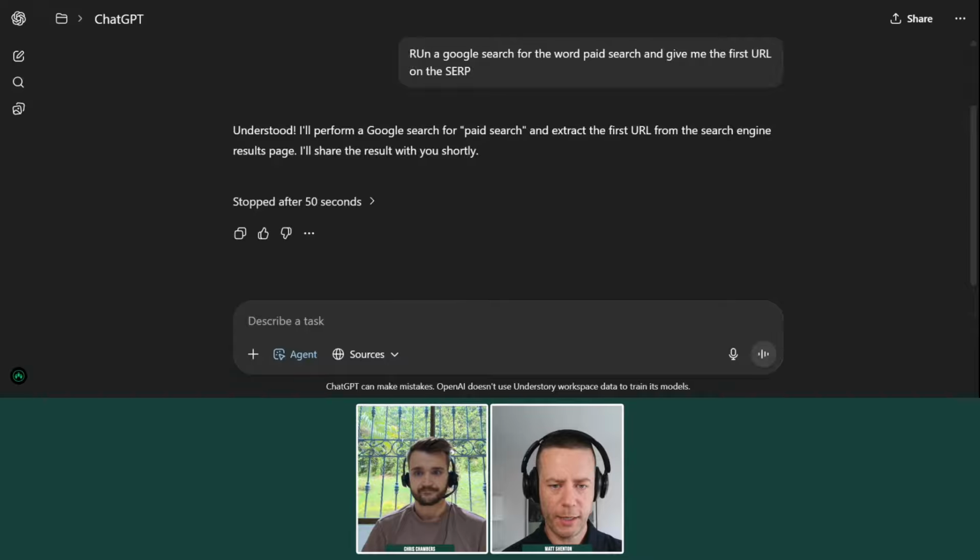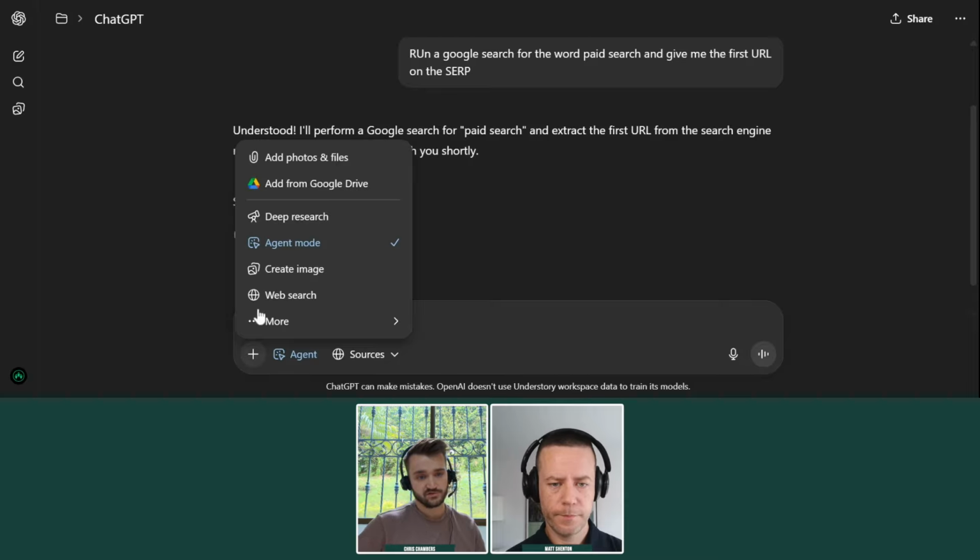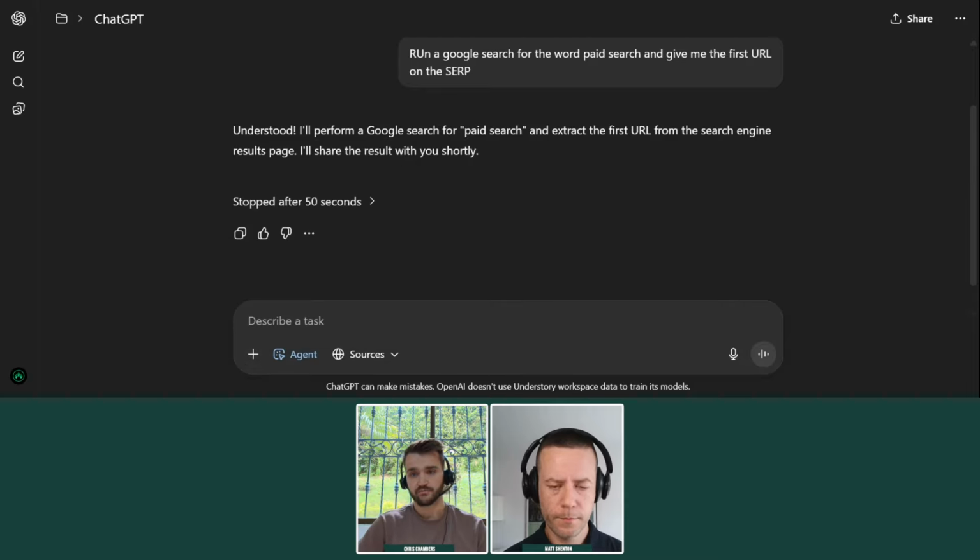You've literally just, as you've just shown there, gone into your own instance of ChatGPT, and there's no sort of pre-technical setup, I guess, is the question. Exactly. It's as simple as pressing plus and turning on agent mode, and you're ready to go. Yeah. And then for anything you need to log into,